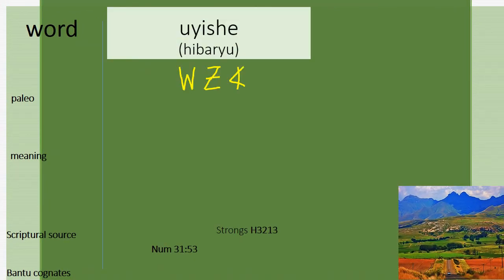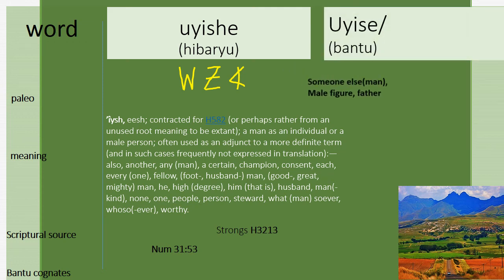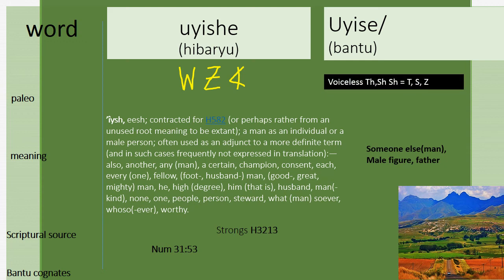Uyishe is a Hebrew word which means a man, a husband, a certain man, etc., according to Strong's. Uyishe in Hebrew. In Bantu we have uyise, meaning someone else, a male figure, a father. So these two are similar, uyishe and uyise. Uyise has a voiceless H in Bantu, which we have indicated is common within the